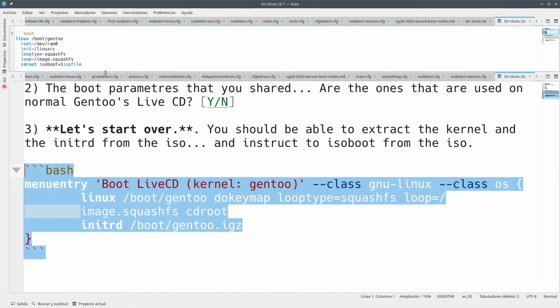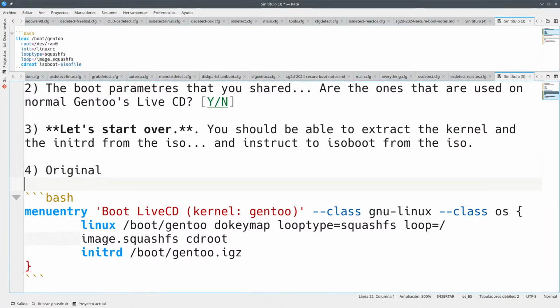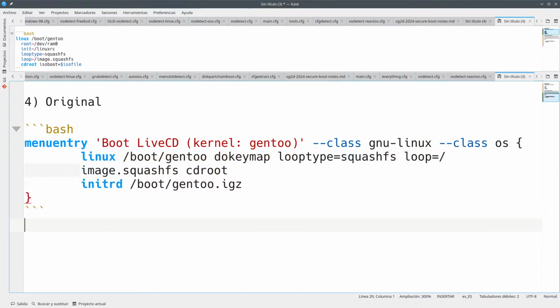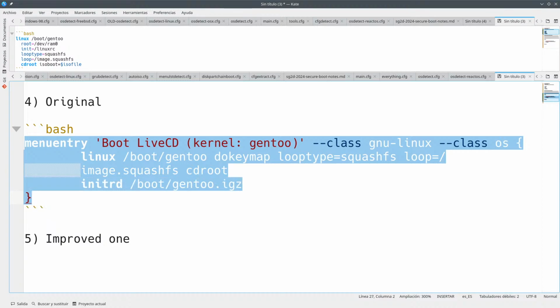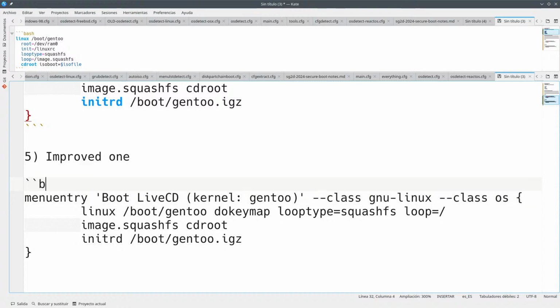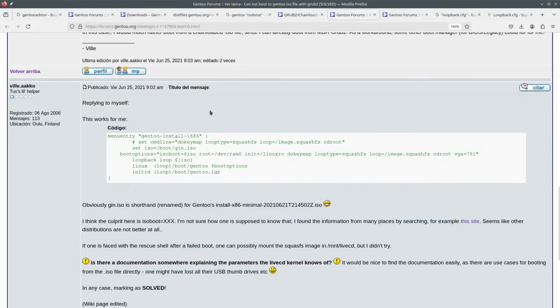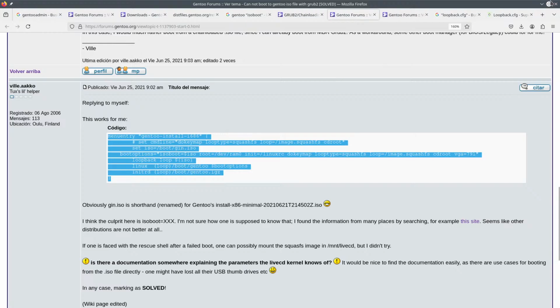Okay, so here on the top you see the original one. So this is original. Okay, and this is our improved one. So basically what you do is more or less copy and paste the same exact thing, and I forgot to put this thing here so that it looks better. And what you have on here, this is what we're going to reuse a bit, because you can